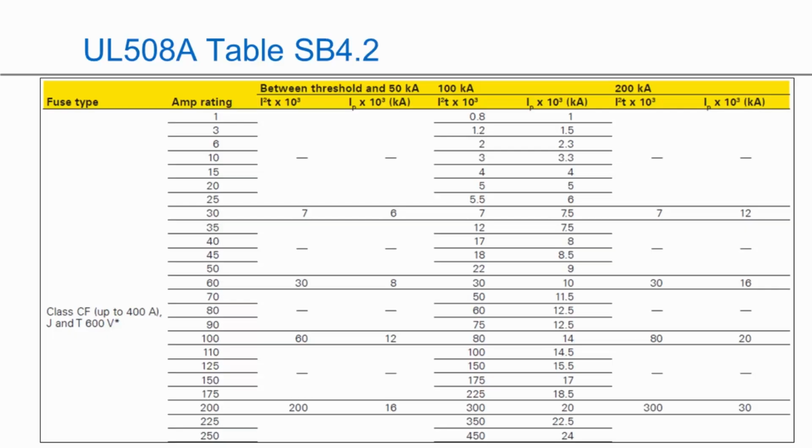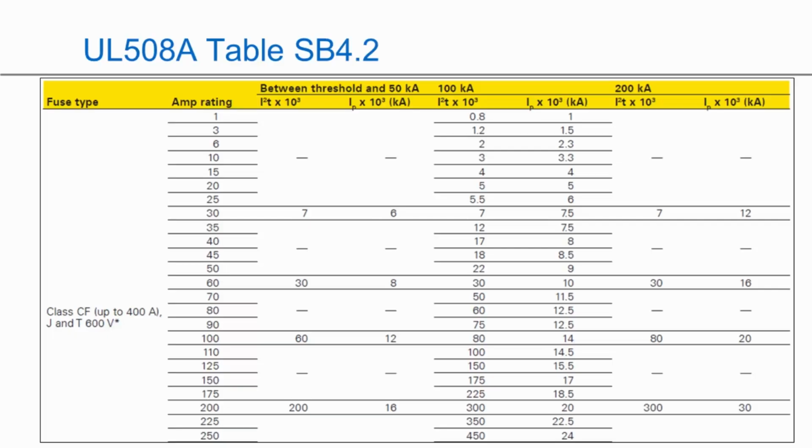At 100 kA, it lets through 7.5 kA, right? And it makes sense: when it sees a higher available short circuit, it's going to let through more. At 200, it lets through 12. So the important thing to know about these columns is whichever column I pick, whether it's the 50